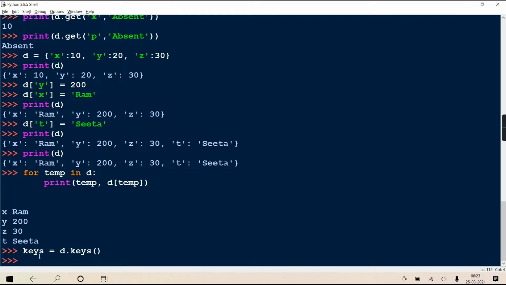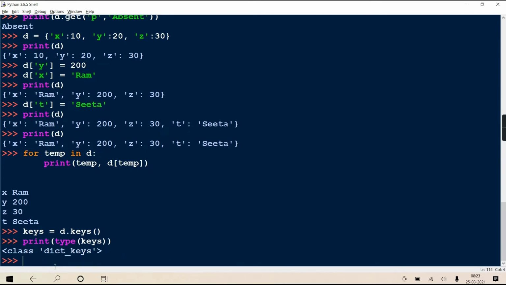Now you'll say that keys is of what type? So it is of type dict keys. Dict keys is also the name of a class in Python, and it is also an iterable object. As it is an iterable object, you can use it in a for loop. If you check the type of that keys object, it will show that it's the object of class dict keys. So what does that d dot keys do?